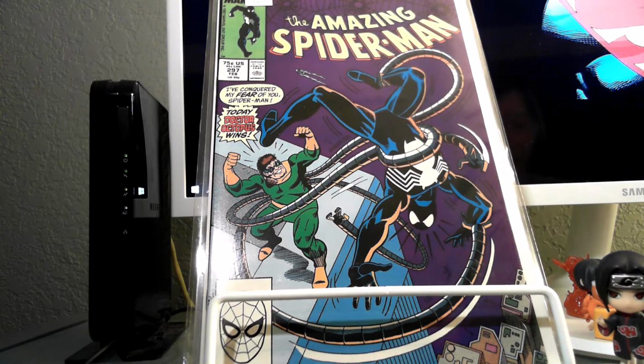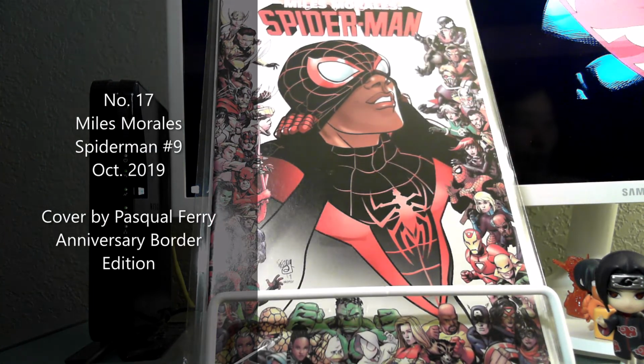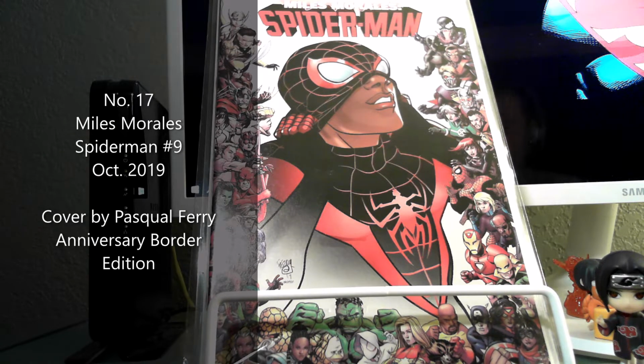and these are kind of related. So this is Miles Morales number 9, I believe. Yeah, Miles Morales number 9. And this is the Pasquale Ferry cover. And really, I believe it's the 85th or 75th anniversary wraparound cover. And so, as you can see, there's all the Marvel characters. What's beautiful about this cover is you have Miles as the focal point of the cover,